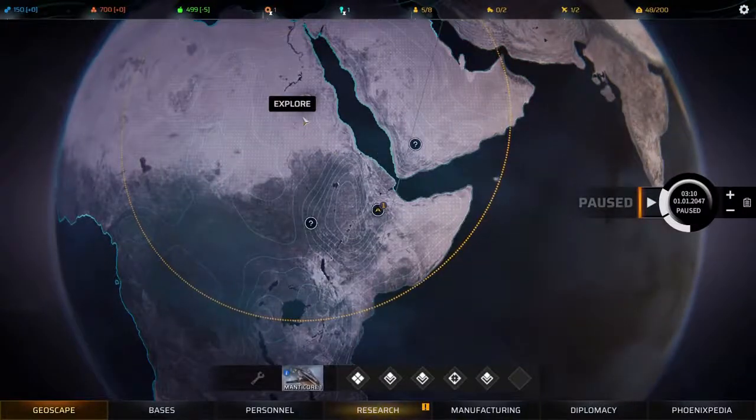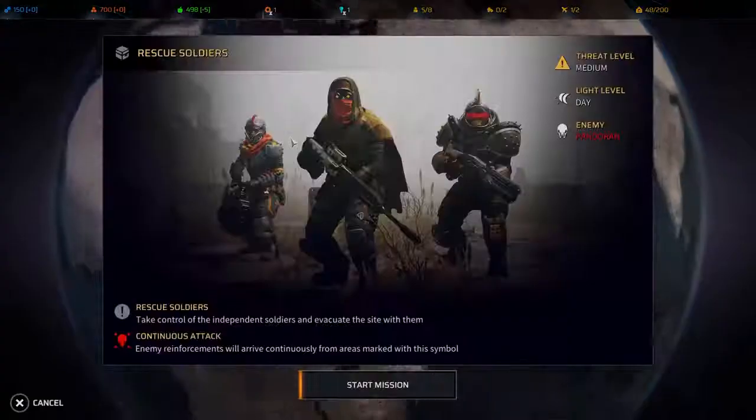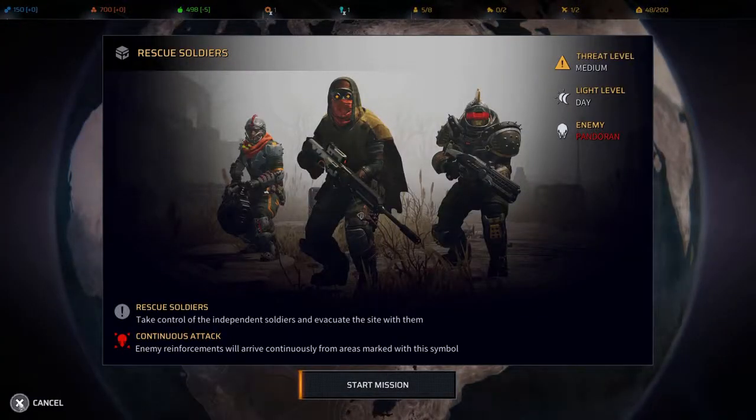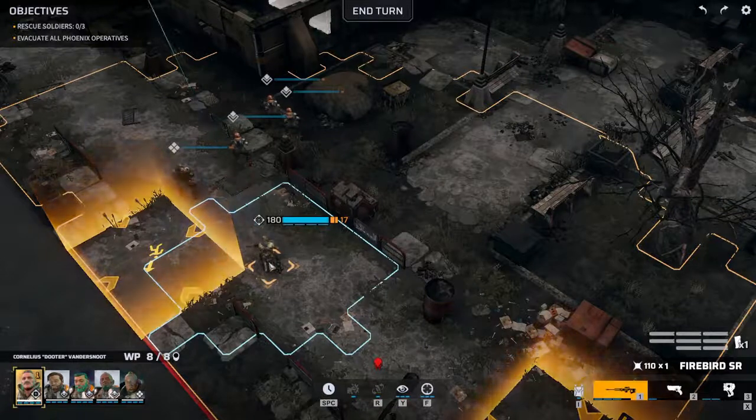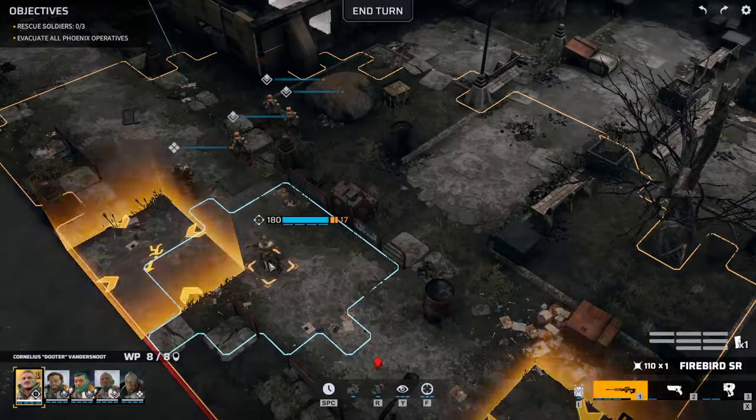When you move the Manticore to a point of interest, you can uncover what it holds by using the Explore function. There are multiple mission types, from scavenging for resources to defending other factions' havens. In this video, we are taking on a rescue mission, which requires us to save and evacuate soldiers to achieve victory. This is the tactical combat interface, where your team and the enemy team, as well as any neutrals, take